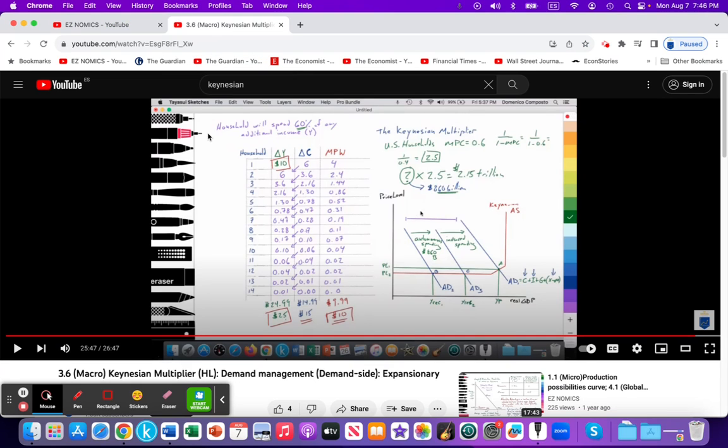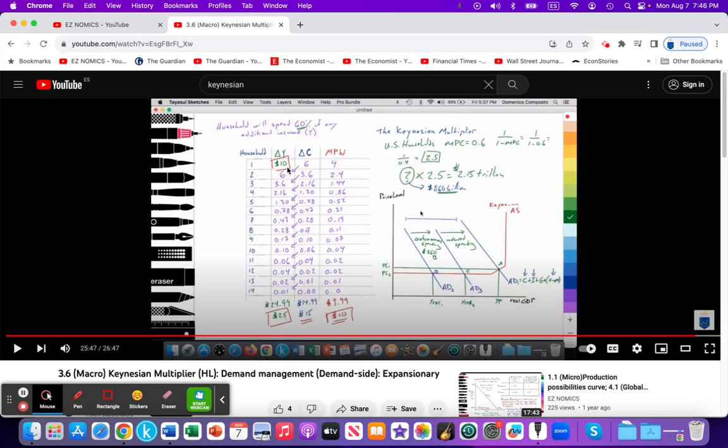There'll be a link below in the video notes to a video that explains the Keynesian multiplier and the concept behind it. In that video, we go over how any change in income can lead to a change in consumption or spending. We're assuming in this case that households will spend 60% of any additional income. So if the household receives an additional $10 and 60% is spent, $6 will be spent of the 10,